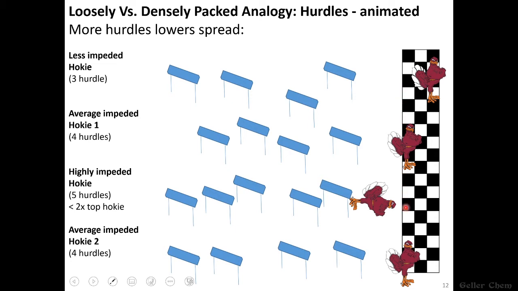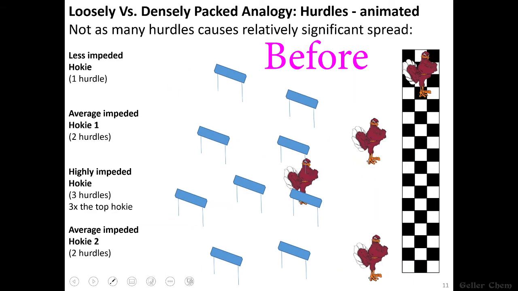We still have a similar distribution. The majority of the Hokies are in the middle. We have one that got ahead, and the most impeded lagged behind. However, notice how much tighter that spread is than before. See what I mean? In the less densely packed field, the spread was a lot larger, and it comes down to the fact that the highly impeded Hokie had 3 times as many hurdles to get over as the least